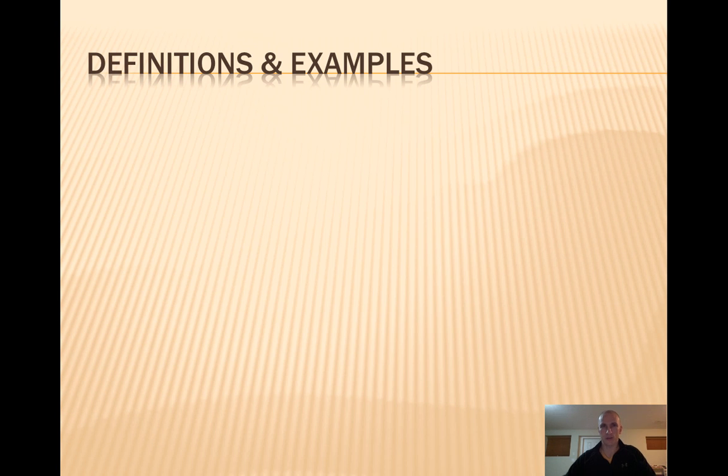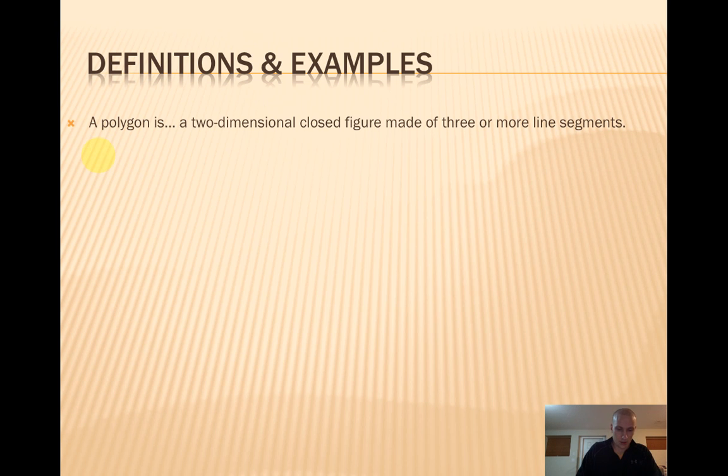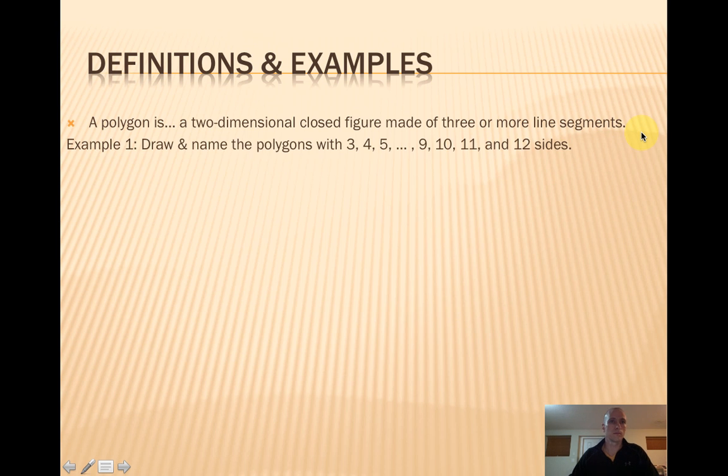So we're going to start off with some definitions and examples, starting with a polygon. A polygon is a two-dimensional closed figure that's made of 3 or more line segments. The first example we're going to look at is to draw and name the polygons